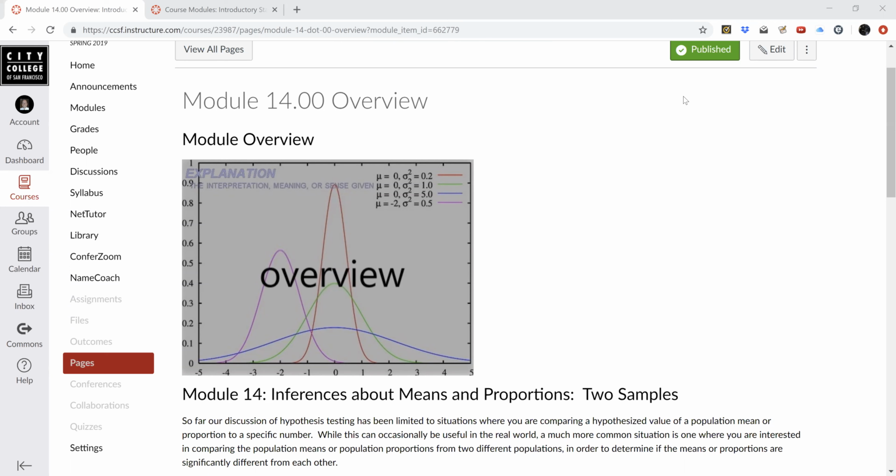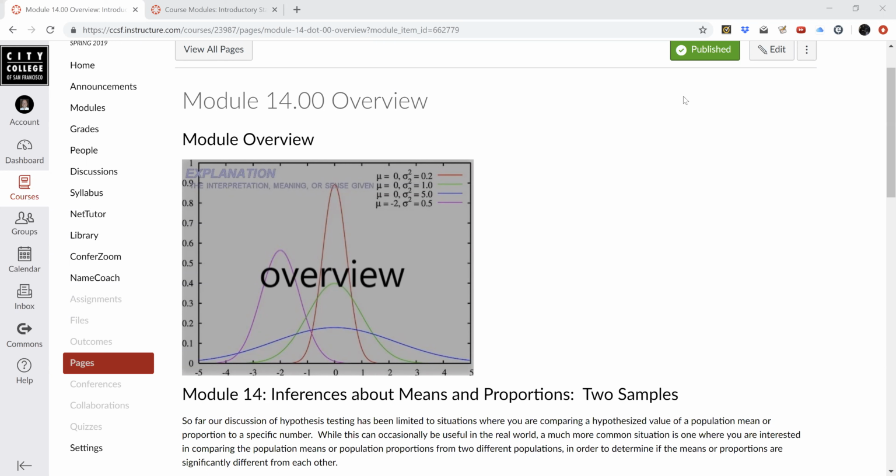So for example, we might be wanting to compare residents of California to residents of New York. And we want to know whether the mean age of residents of California is different from the mean age of residents of New York. And if that's the case, we aren't comparing to a particular number. What we're doing is comparing two different sample values, two different sample means, to see if there is a significant